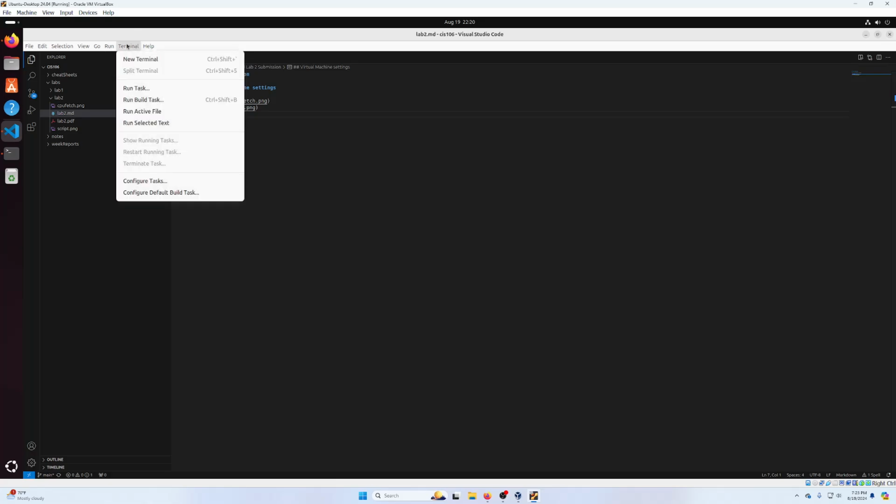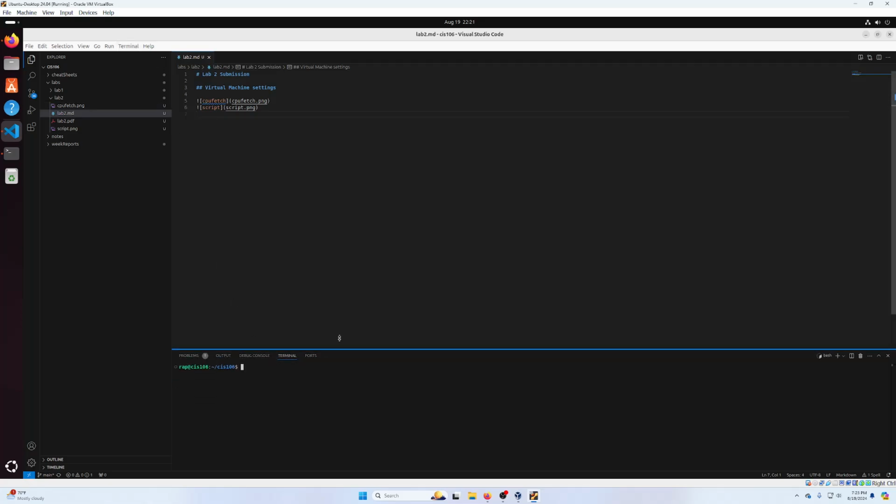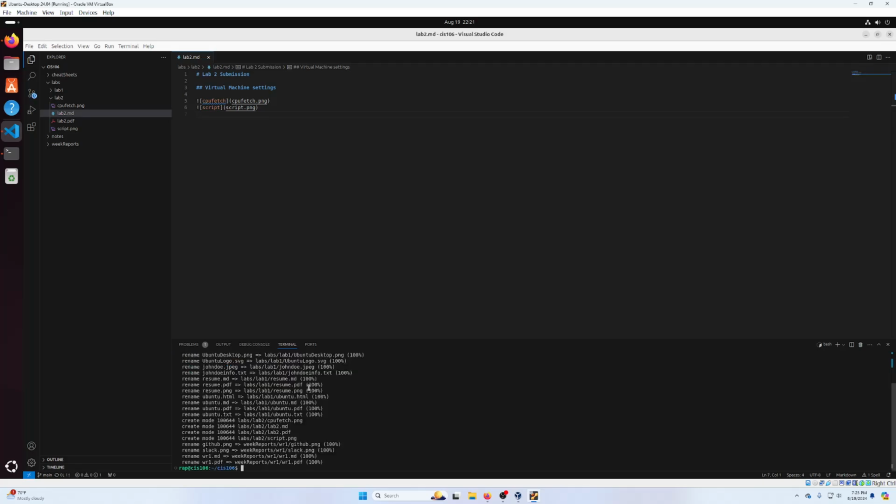We go to terminal, then click on new terminal. Then here we're going to type the commands in the following order. Git pull, git add period, git commit -m, and the label for this commit message is going to be lab2 complete. Press enter, and now we're going to do a git push,